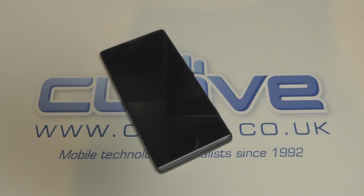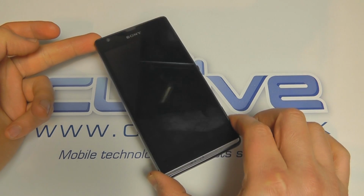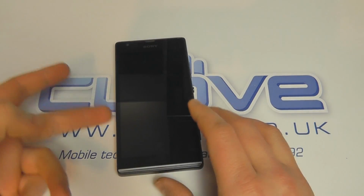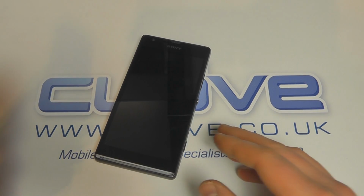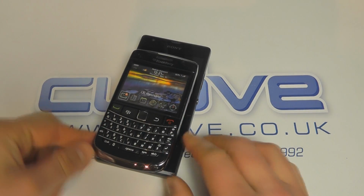Hello, in this video we're going to take a quick hardware size comparison look at the Sony Xperia SP against some other mobile phones that you might be considering or have used previously, to get an idea of how the SP compares in size. So I'm going to start off with a much older device, the Blackberry Bold 9700, and